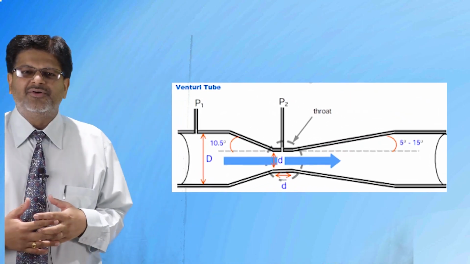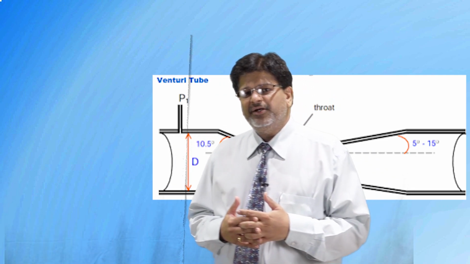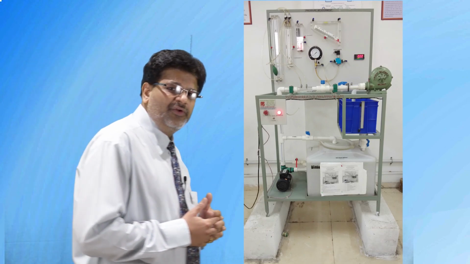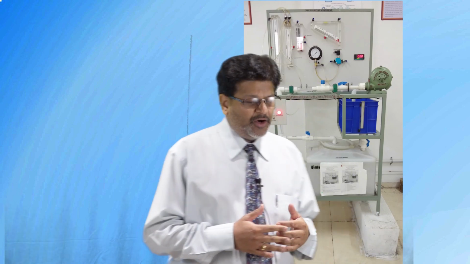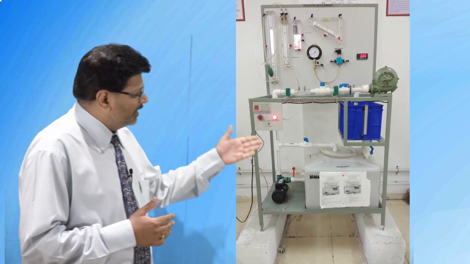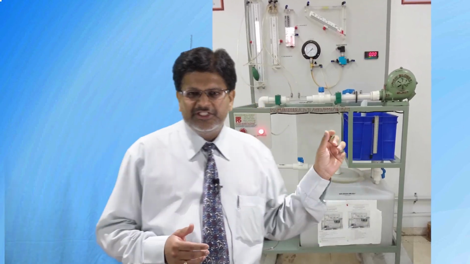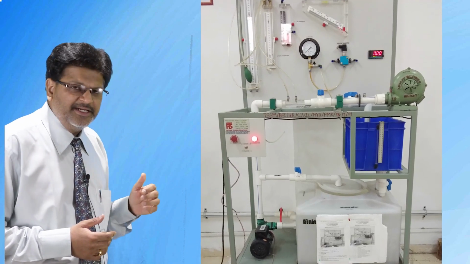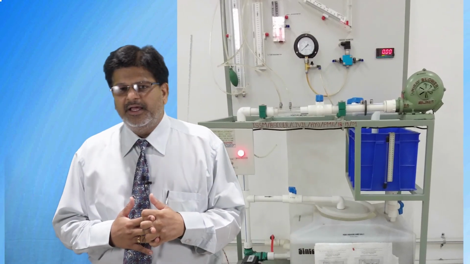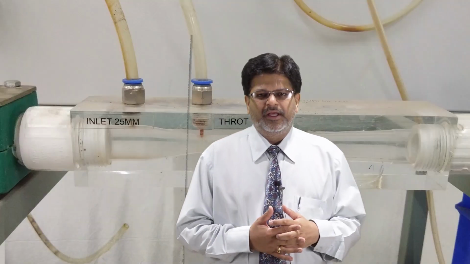Now let us see something about the construction of venturimeter and the laboratory experiment of calibration of venturimeter. We will see in detail how we can measure the rate of flow or discharge by using venturimeter. Here you can see the laboratory setup of venturimeter, wherein you will find there is a 1 inch pipeline, 1 inch means 25 mm, and along this pipeline a venturimeter has been inserted. On upstream we have the supply main or the supply tank, and on downstream we have the measuring tank, wherein we can measure the actual rate of flow.